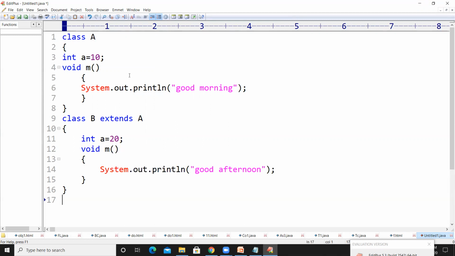So if we execute the method m, which was present in class A, it will print good morning. And if we execute the method m, which was present in class B, it will print good afternoon. Right? So now let us start writing the